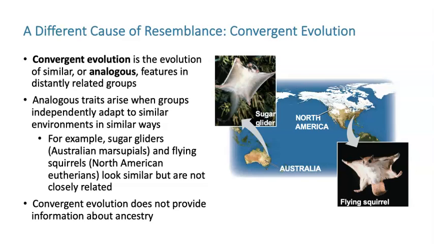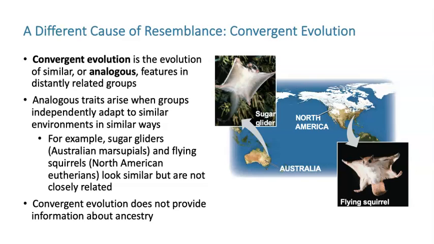Sometimes there's this concept called convergent evolution, where instead of descent with modification making things more and more dissimilar, convergent evolution is how things evolve to look similar to each other, even in distantly related groups, because they've settled on the same solution